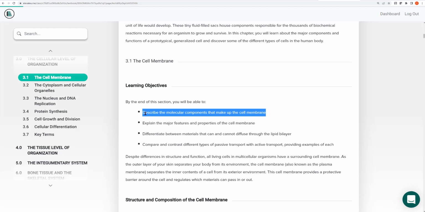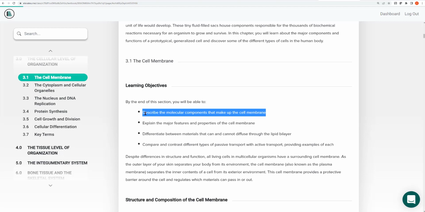So we remember that nutrients, right, are necessary for cells to survive. Oxygen is necessary for cells to survive. How is it that those molecules get into each and every one of our cells? And then how do the cells get rid of the waste products that they create and get things out of the cell? So we see that the cell membrane is going to be a very important component of the cell.